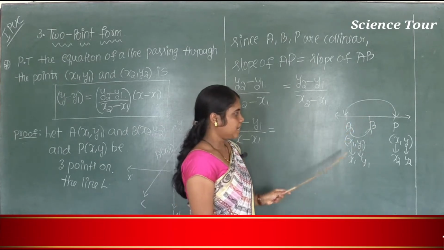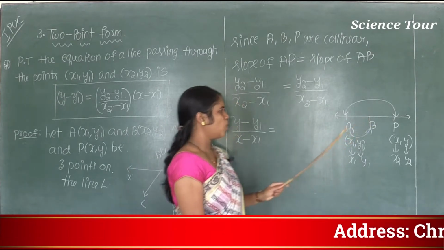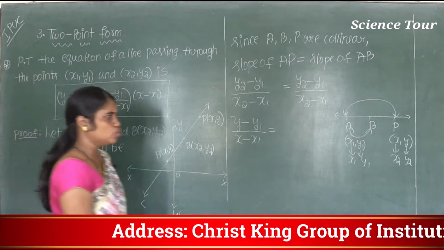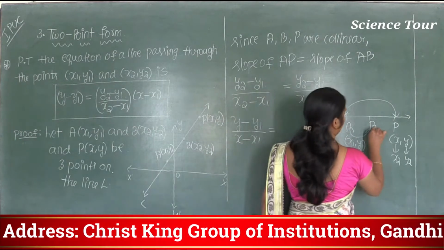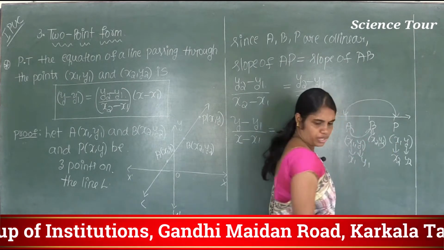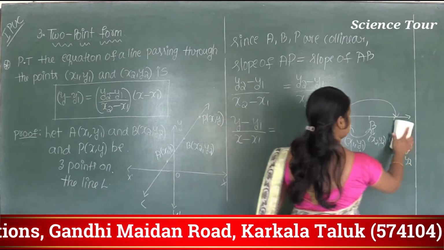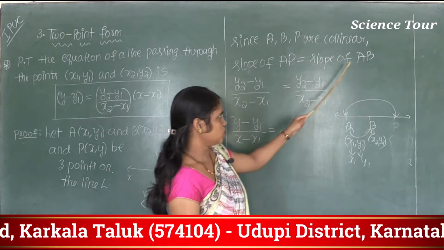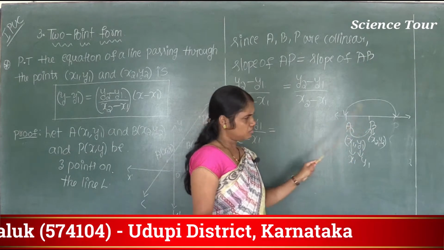Okay. Point A, coordinate already given. What is the coordinate of point B here? Coordinate of point B is x2 comma y2, isn't it? Okay. So coordinate of point B is x2 comma y2. So now no need to consider this third point. Third point we don't want, we want only A and B, because to calculate the slope of AB, only AB